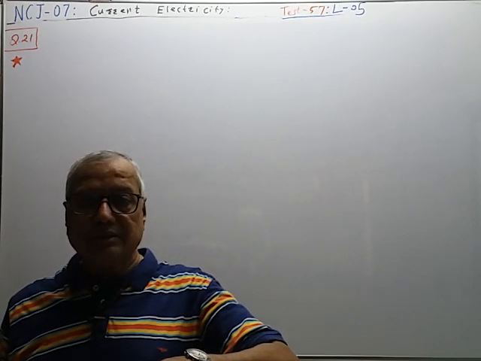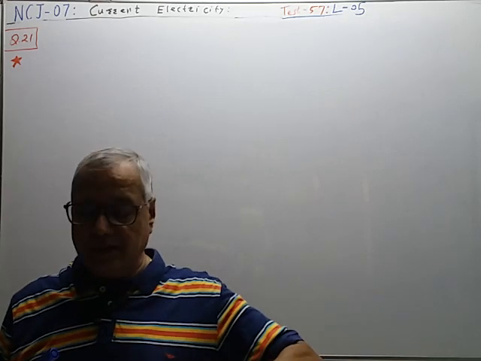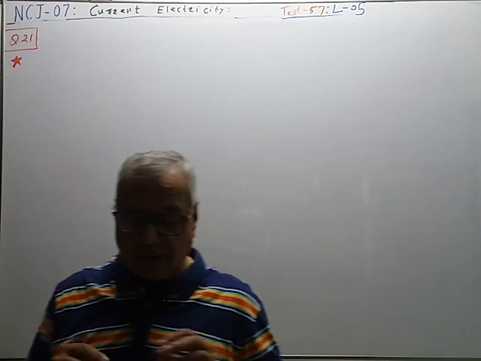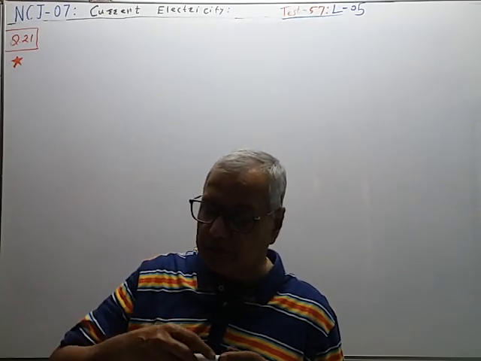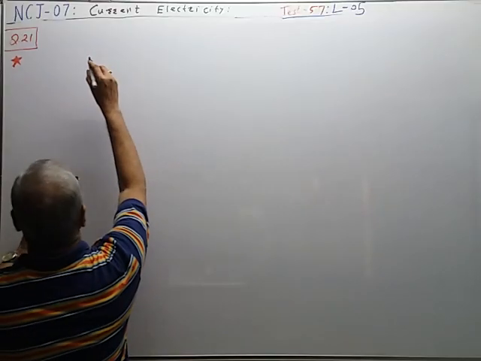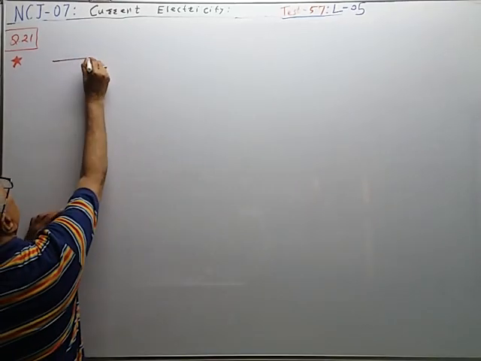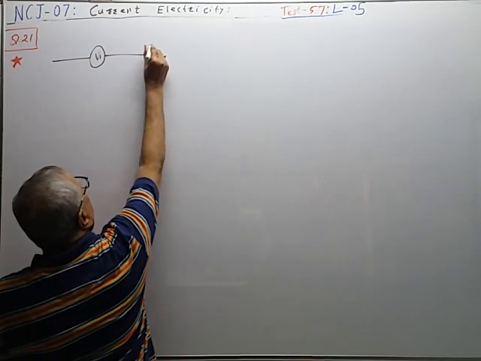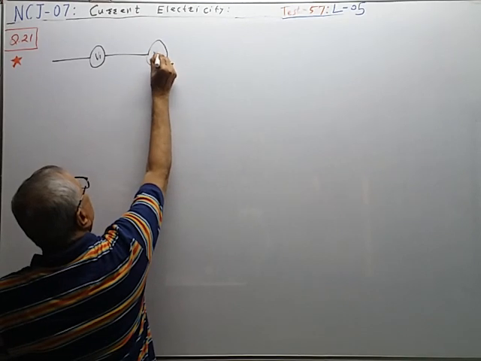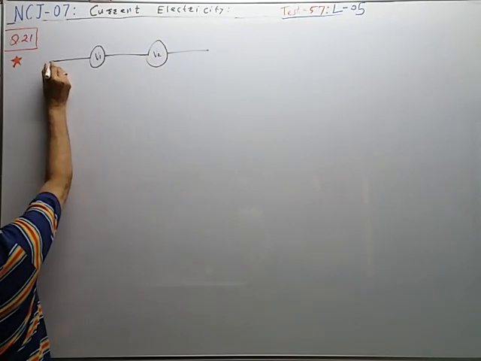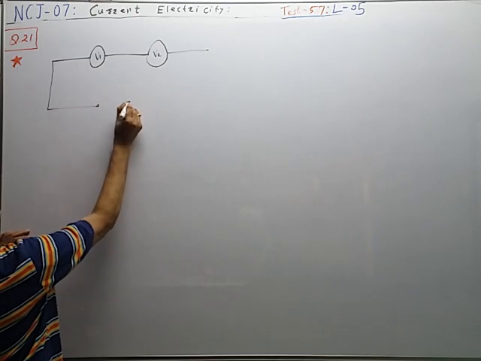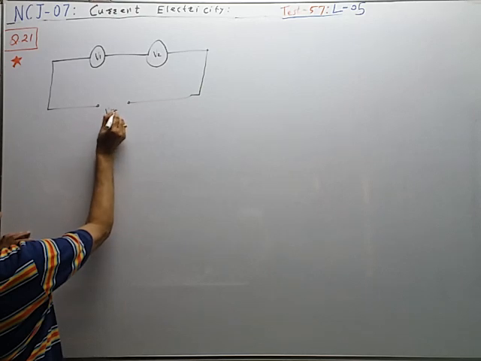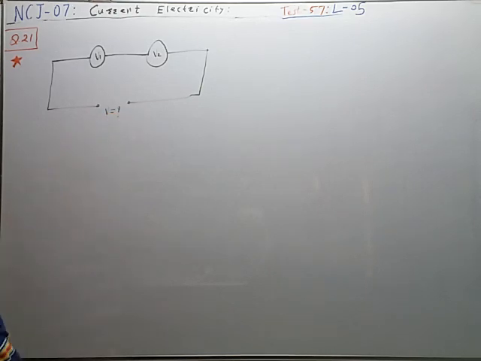Actually this problem is related to basic current electricity rules, and also to the voltmeter. So I will draw the diagram so it will be easy. Suppose this is the first voltmeter V1. This is the second voltmeter V2, and these two voltmeters are connected across the line. So this line voltage V is equal to question mark.